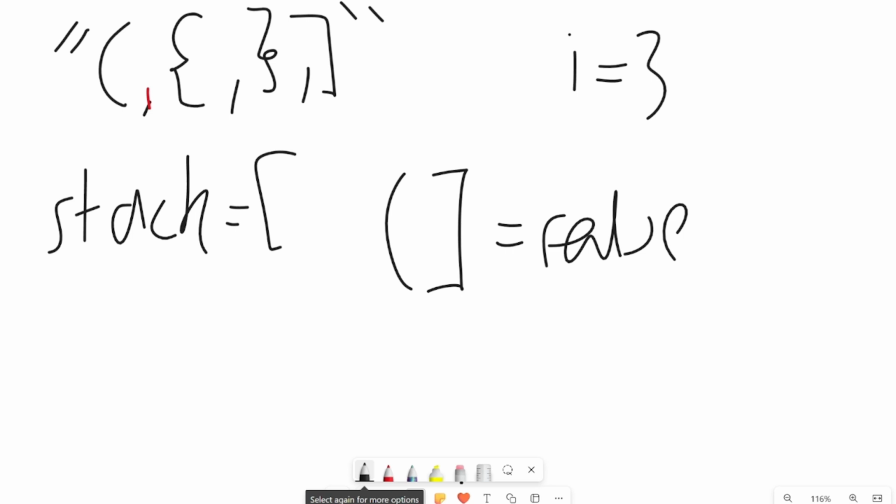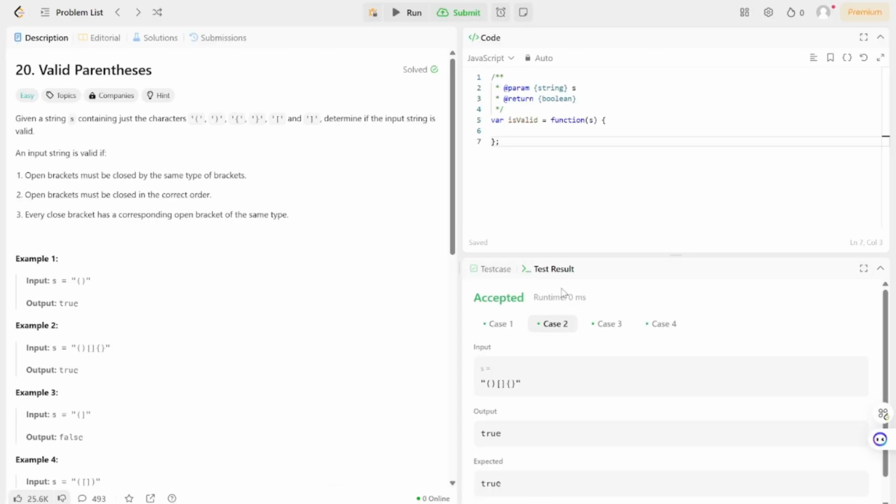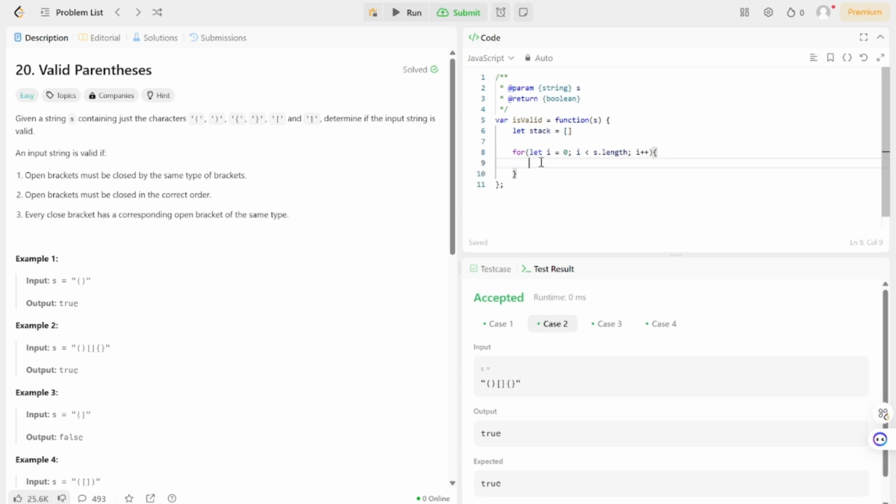Okay. So let's put this in code. First thing we do is we create a stack, which is an empty stack. Then we loop through the string. So for let I is equal to 0, as long as I is smaller than the string length, then we increment I. Now, if the string letter is an opening bracket,